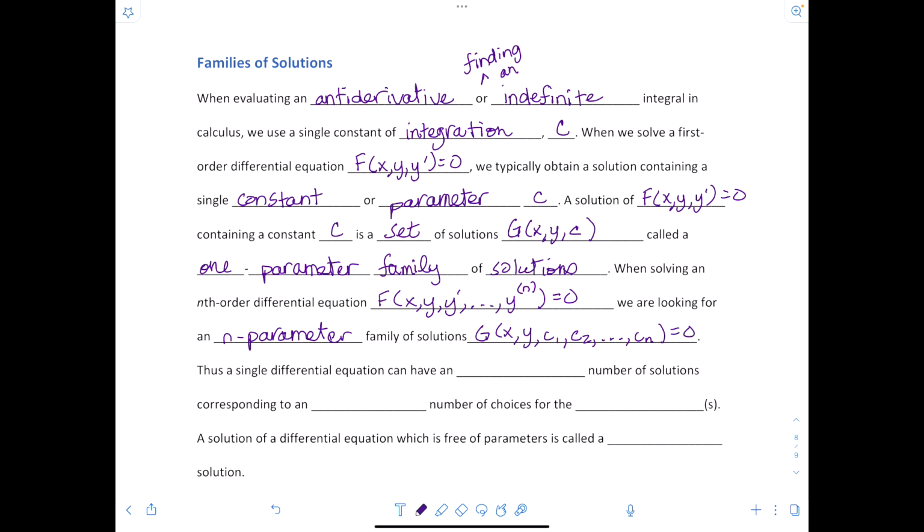Equal to 0. And again, apologies, I should have had an equal to 0 up there. Oh, right. Thus, a single differential equation can have an infinite number of solutions corresponding to an unlimited number of choices. Isn't that amazing? For the parameter or parameters. A solution of a differential equation which is free of parameters, which you've probably encountered, is called a particular